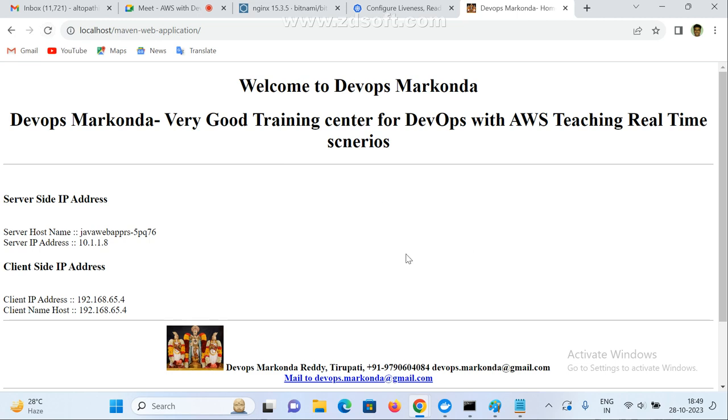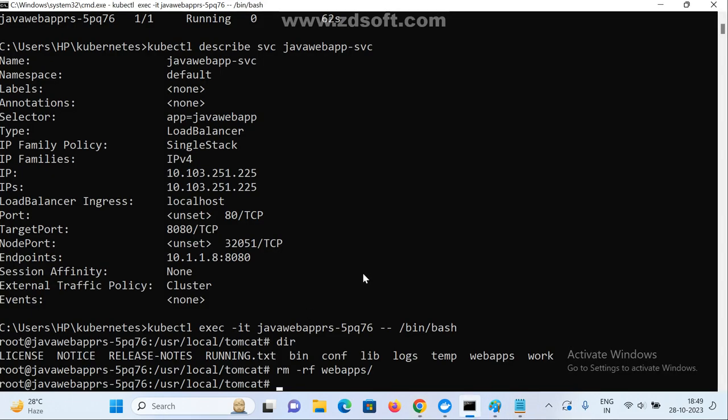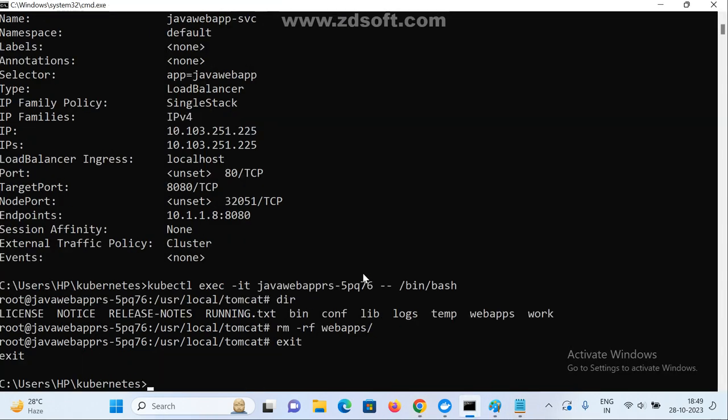Kishore, I deleted my entire folder, right? See here, we are getting an error page. Now what will it do? It is removing the endpoint, it will remove this IP from the endpoints. Now if you see here,